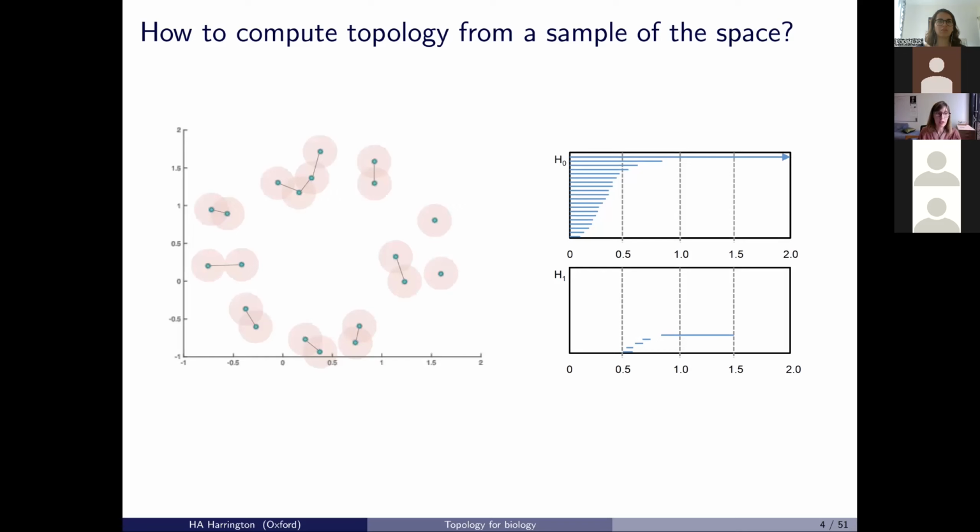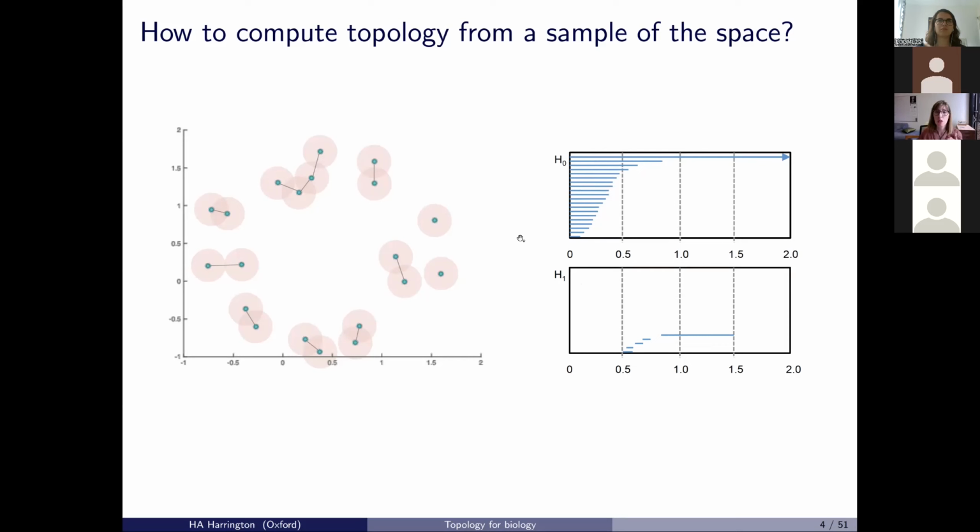There are many different ways to build a simplicial complex, and that depends on the metric. With the Euclidean metric, we can look at where, at some distance, these points intersect, a pairwise distance. We look at where different data points are intersecting, so you're building a nerve of this cover, and you can then compute